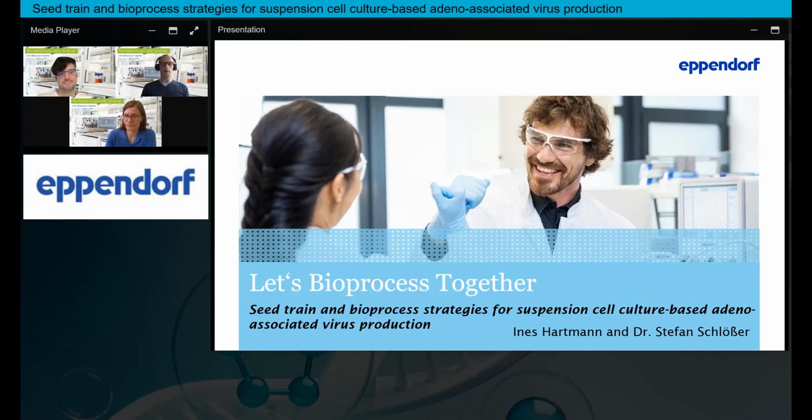And if you don't find Ines in the lab here at Eppendorf, it's very likely that you will see her on the dance floor because she just loves to dance to all kinds of 1920s swing music. And that's also one of the reasons why she organizes an annual small swing festival here in Hamburg together with friends. Dr. Stefan Schlößer also studied biology, and after his PhD gained a lot of experience in microbiology, virology, and